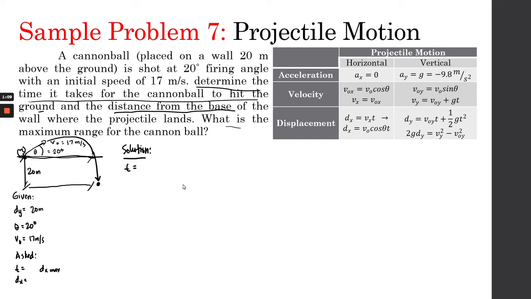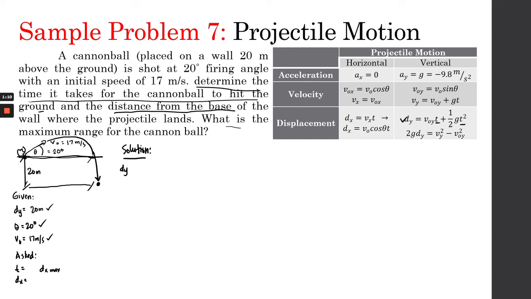So this is a very important distinction, kasi yung kailangan natin gamitin dito is, since we're looking for the time, since we were given the angle, we are given the initial velocity, and we have dy, we actually have to use this equation right here because we're looking for time. Sorry. Okay, so let's use this equation again. As for dy,